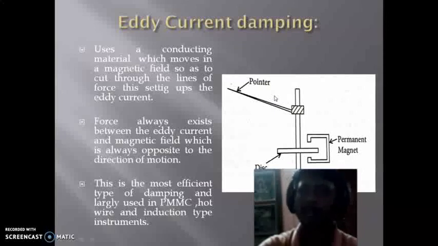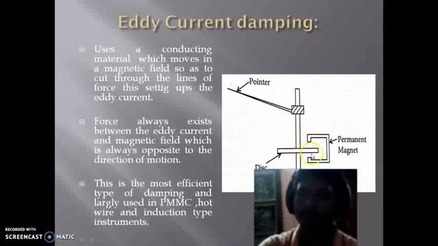Now next is the eddy current damping. It uses a conducting material which moves in a magnetic field so as to cut through the lines of force, thus setting off the eddy current. So a force always exists between the eddy current and magnetic field, which is always opposite to the direction of motion. Now if you see the diagram, we have a permanent magnet and a disc of conducting material attached with the